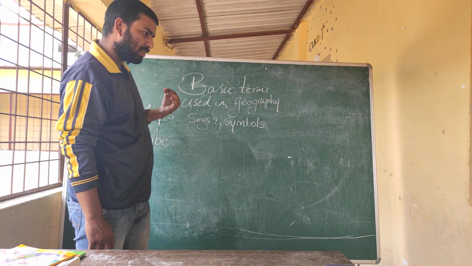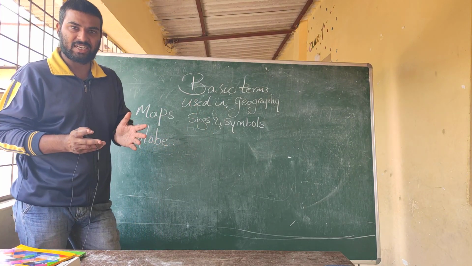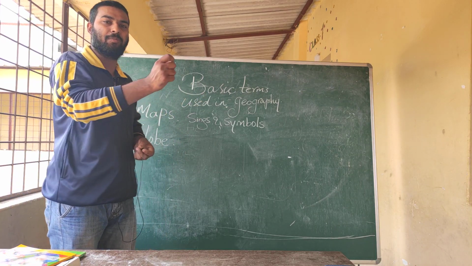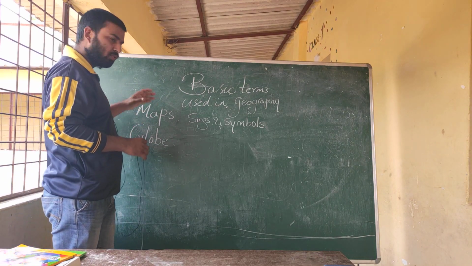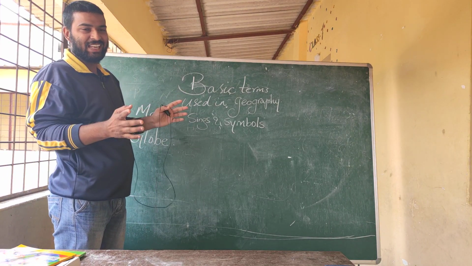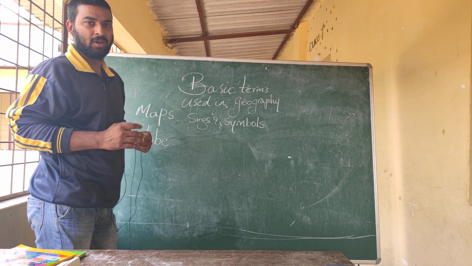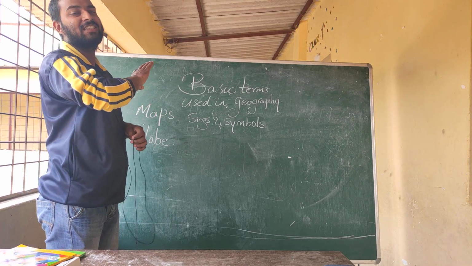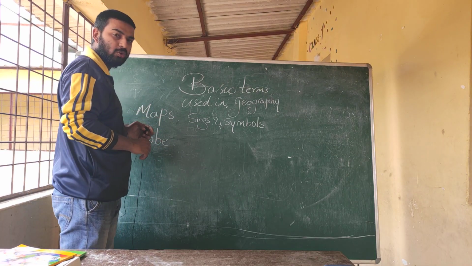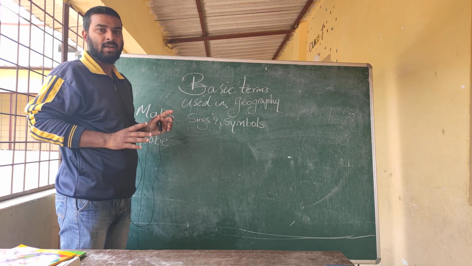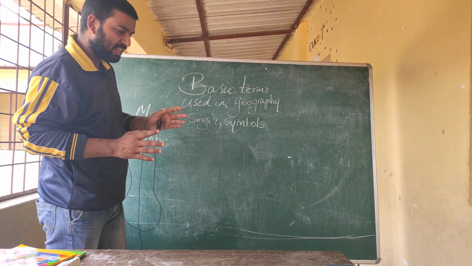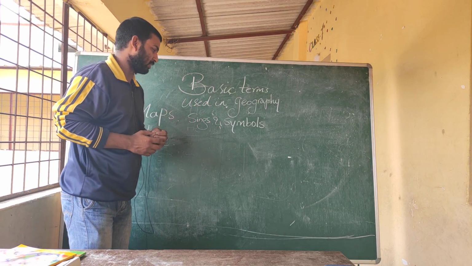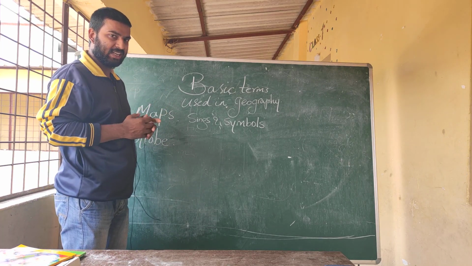See, a map is a scalar representation of a particular area on a piece of paper with the help of a particular scale. If you want to show a large area on a piece of paper, how are you going to show it? Are you going to draw the whole area on the paper? It is not possible at all. So what we do, we use a scale. A scale is a calculation which can differ according to their ratios and proportions. That we will learn in the next class.